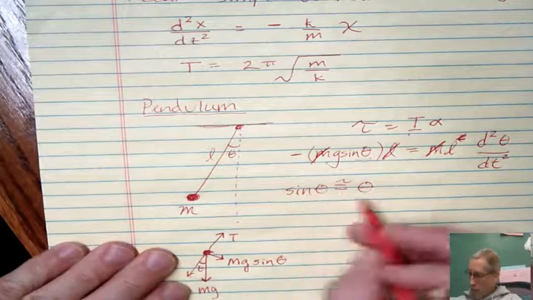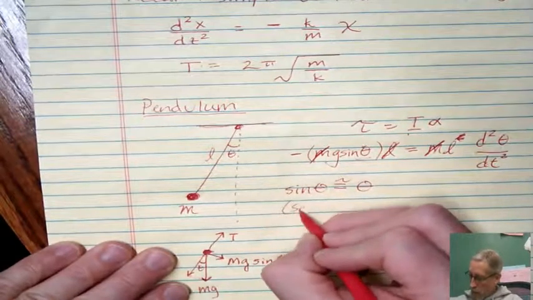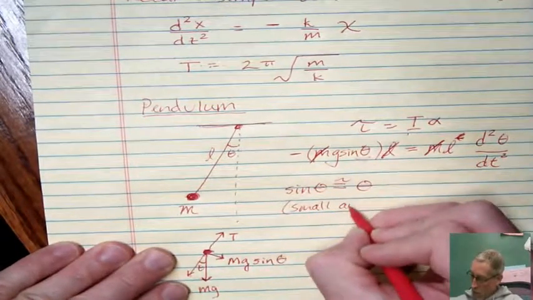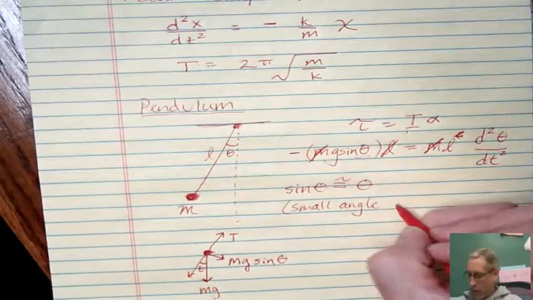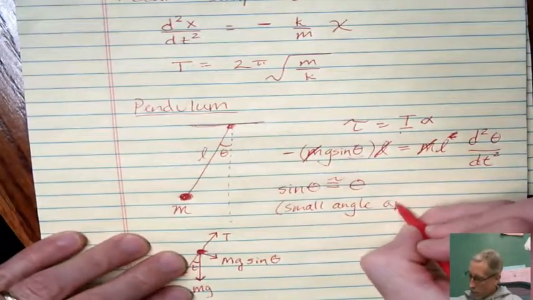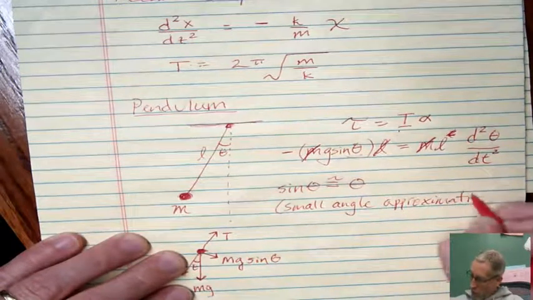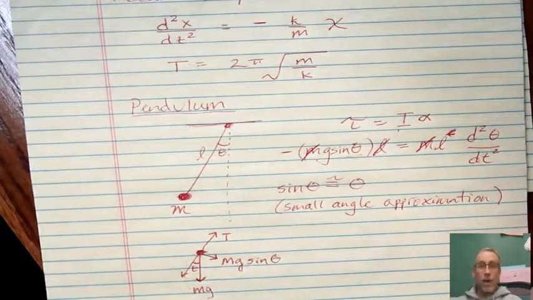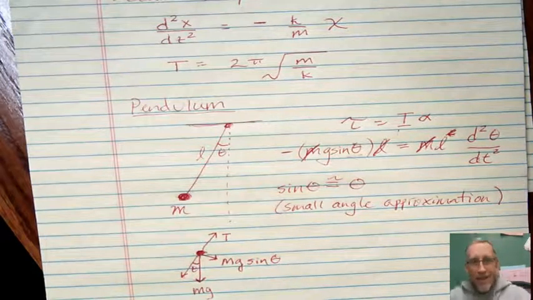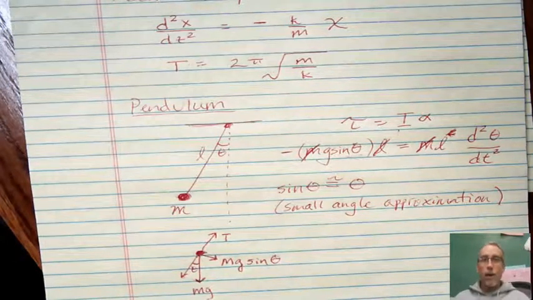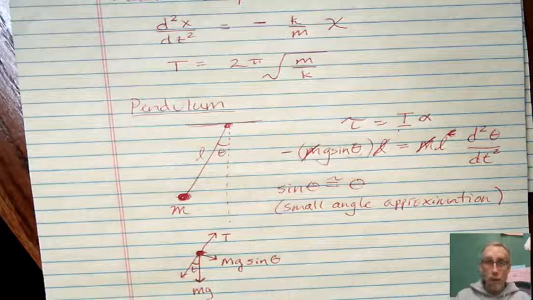This is known as the small angle approximation. It's a little math trick that's used a lot. And it's only appropriate if the angles are small, less than maybe, say, 10 degrees or so. And if you're working in radians, which we are here,